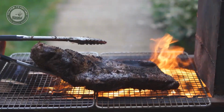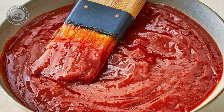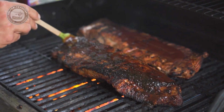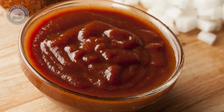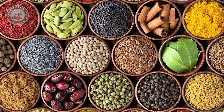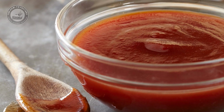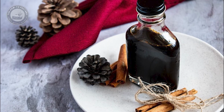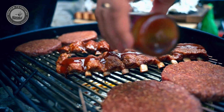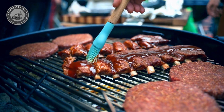Let's find out. Before we explore how barbecue sauce is made, let's take a moment to appreciate its history. Barbecue sauce has roots that stretch across centuries and continents. Early forms of barbecue sauce were simple, made with vinegar, salt, and spices, and were used to preserve and flavor meats. Over time, regional styles emerged, incorporating ingredients like tomatoes, molasses, mustard, and honey. Today, barbecue sauce is a culinary icon, with variations that cater to every palate, from sweet and smoky to tangy